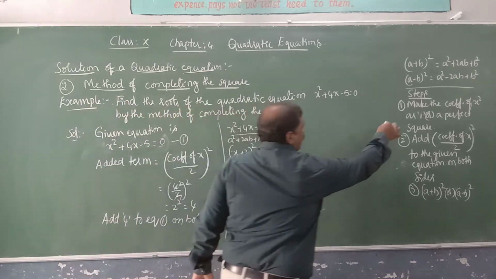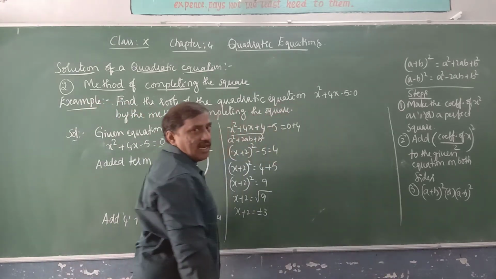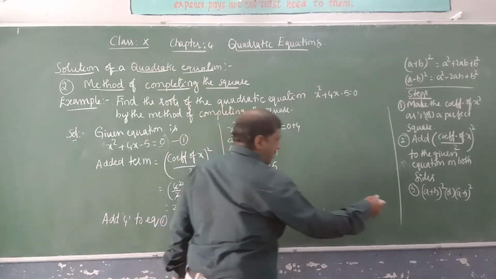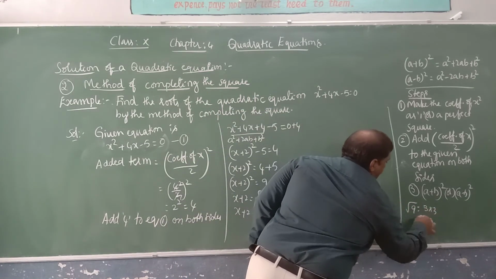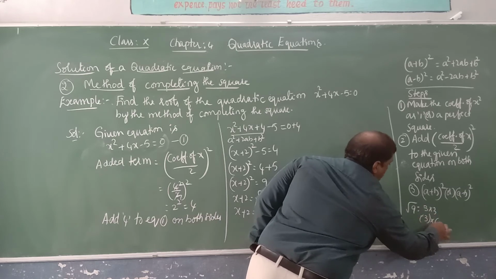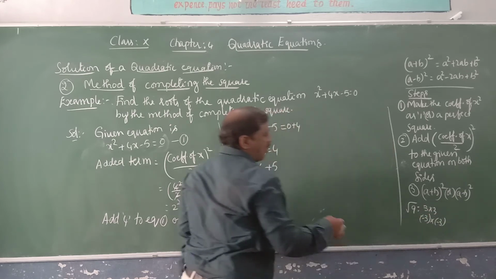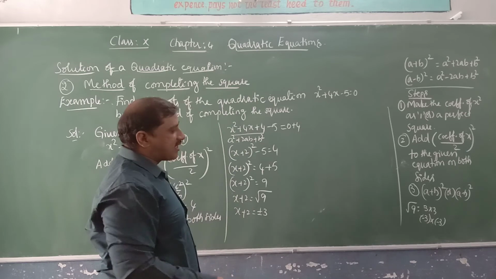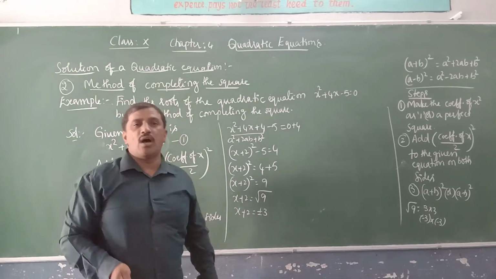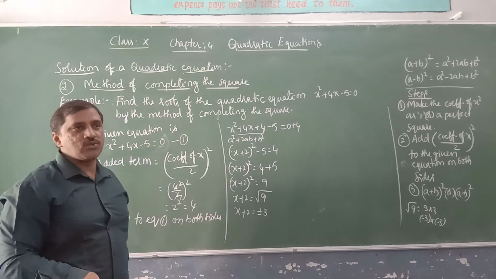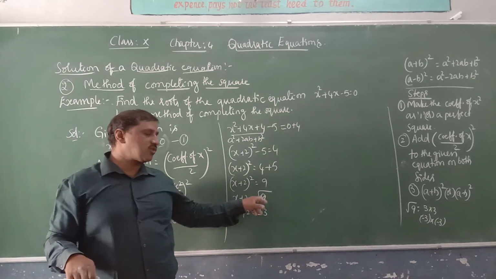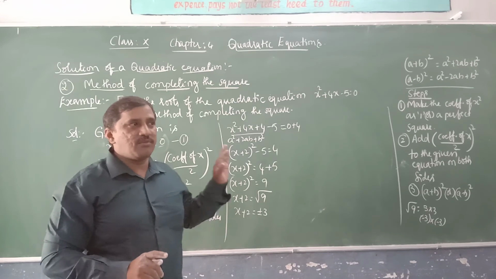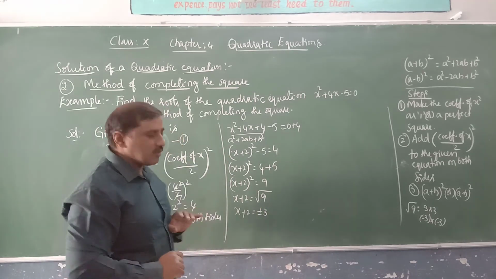We studied this in the lower classes, I mean in the 8th standard. So the square root of 9 is equal to 3 into 3 and also minus 3 into minus 3. The square root of 4 is equal to what? 2 into 2 or minus 2 into minus 2. That product is also equal to 4. That's why for every perfect square we have 2 square roots, one positive square root and one negative square root.